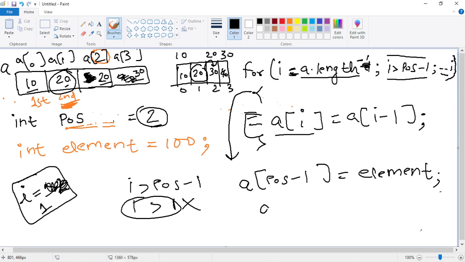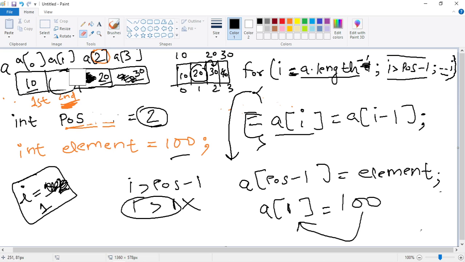Now A of 2 minus 1 is 1, so it is A of 1 equals element, which is 100. So 100 will be copied into this A of 1. So instead of 20, finally this will be 100. So this is how we can insert at any position into an array.